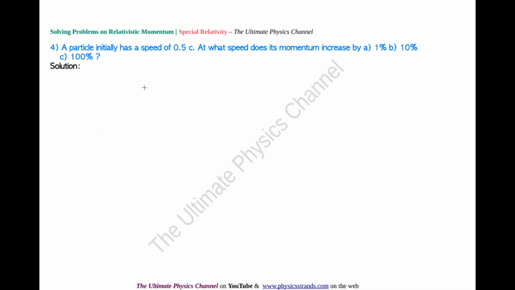A particle initially has a speed of 0.5 c. At what speed does its momentum increase by 1%, 10%, and 100%? Right. So, sorry, momentum rather. This is momentum increase, right? Momentum increases by 1%. So first let's do it for the given particle, u is equal to 0.5 c